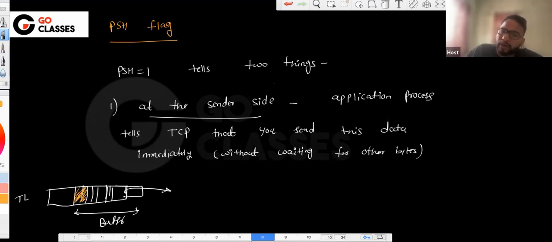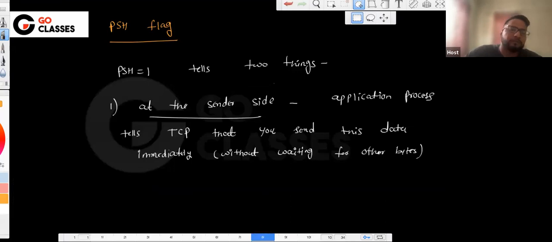Okay, in the buffer, whatever data you have, you just send it immediately. It is just saying don't wait for the buffer to get sufficiently full. Okay, PSH one at the sender side means just send it immediately. Don't wait for me to fill the data. Something like this, right? And similarly at the receiver side,